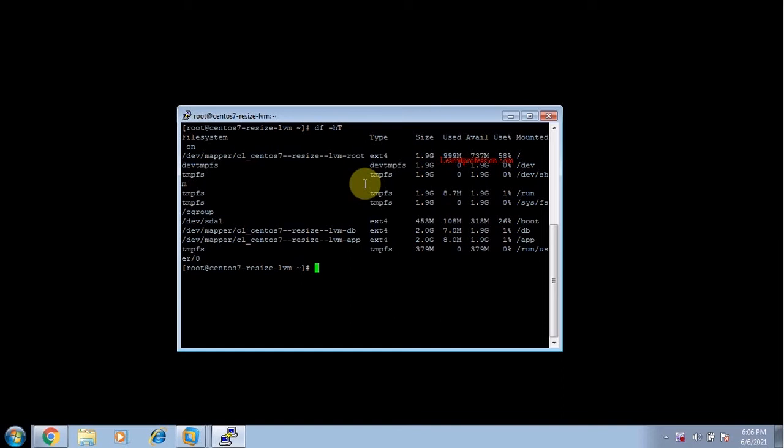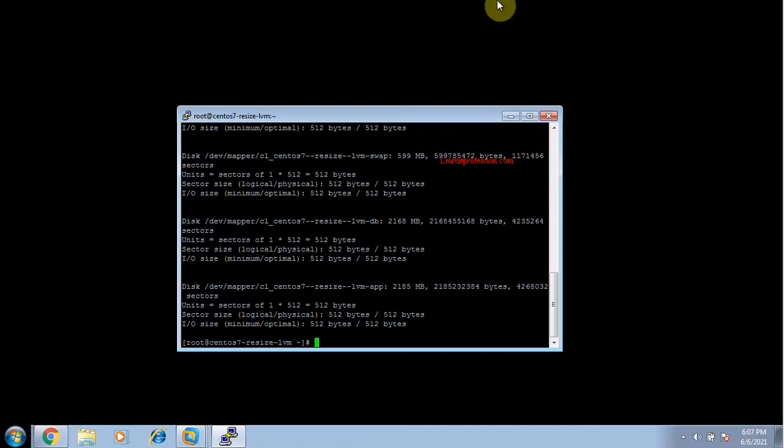We only increase the logical volume partition app. First step is to verify how many hard drives are already added in this VM. So type the command fdisk -l.